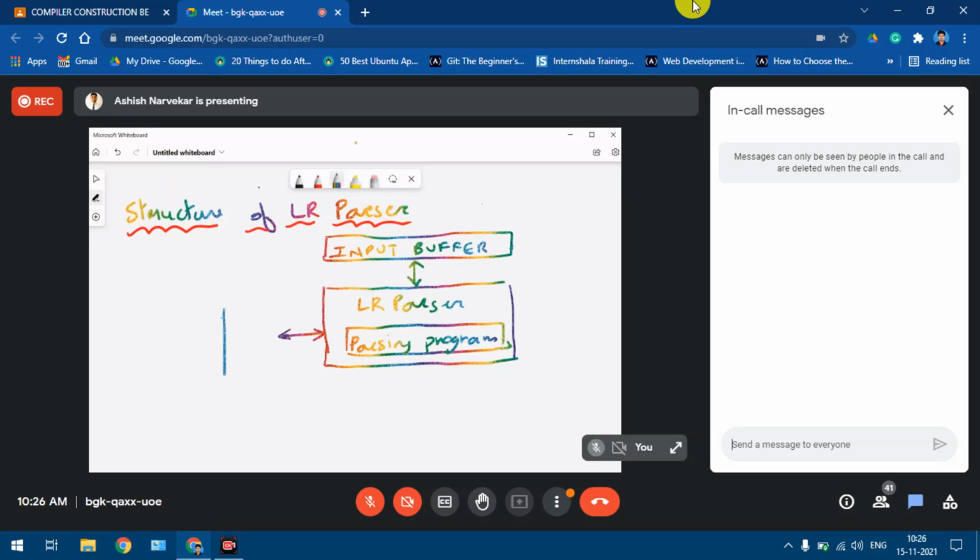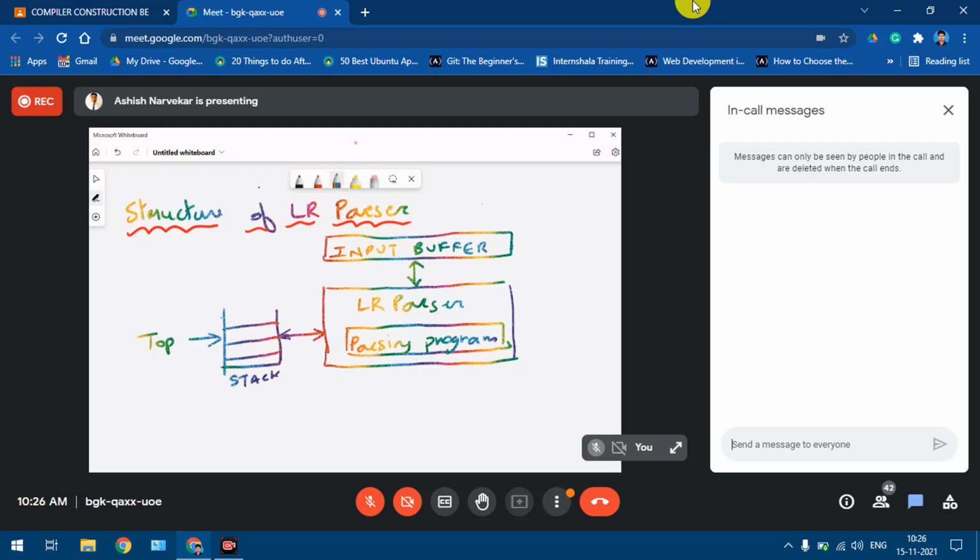So what you also require here is a stack. This is your stack. We can mark this as the top of the stack.